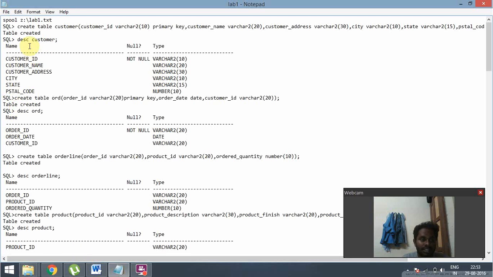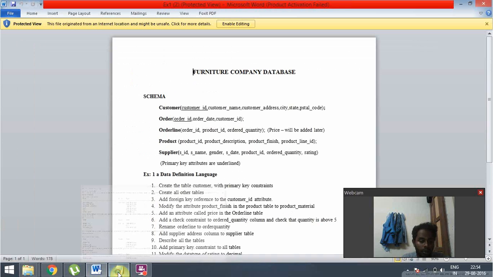And the DESC, describe customer, is used to show the table and its data types. It's a DDL command which gives a definition, which means the data definition language. So it gives the column names and the type of the character type. So after that, we have